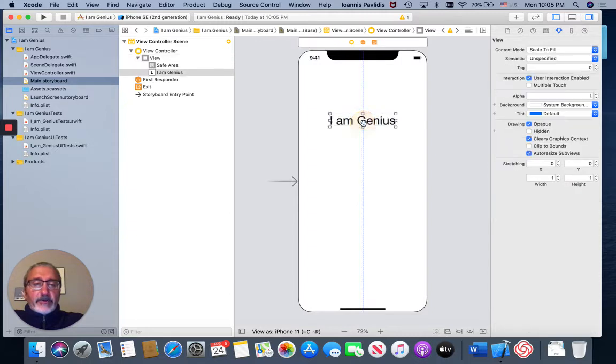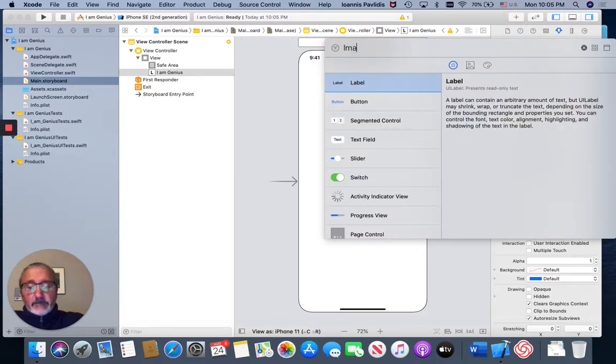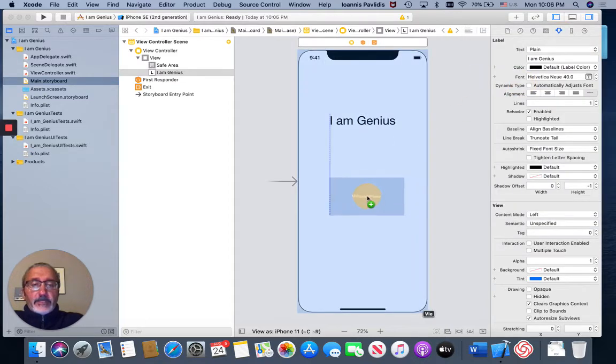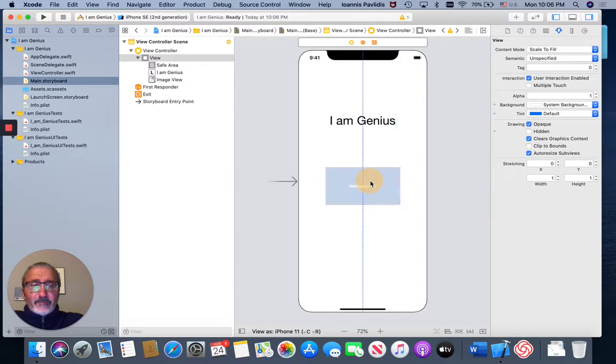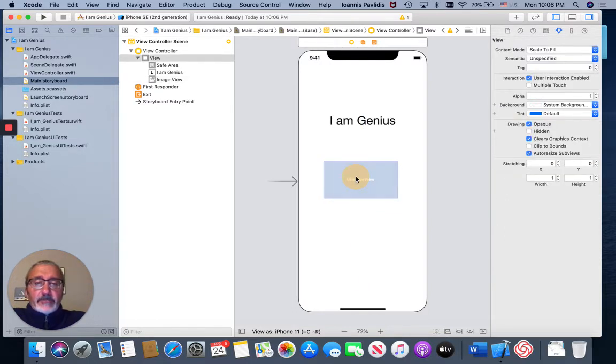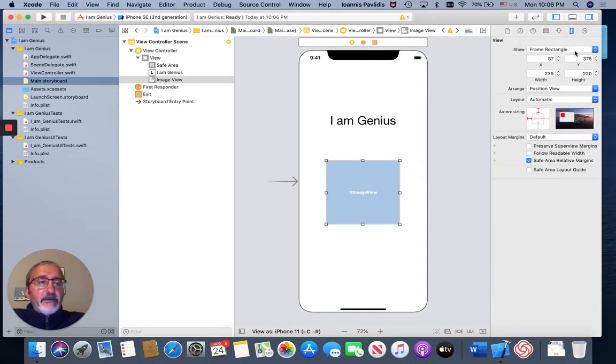And the next thing we are going to do is we are going to put a second element. This time will be an image viewer. Again, we drag and drop. And we can change actually the dimensions of this image viewer holder, make it perhaps a little bigger. Actually, there is a dimensions pane here, which allows us to control the placement and size of this item very